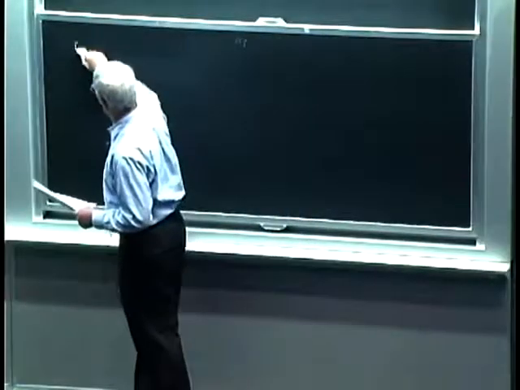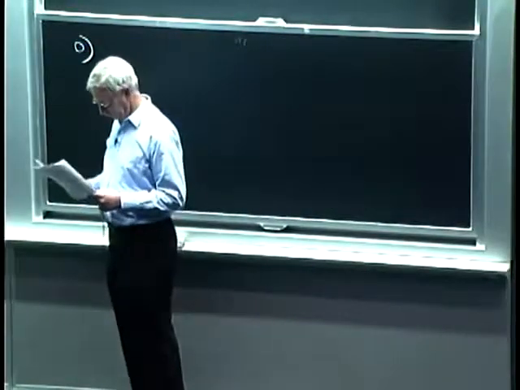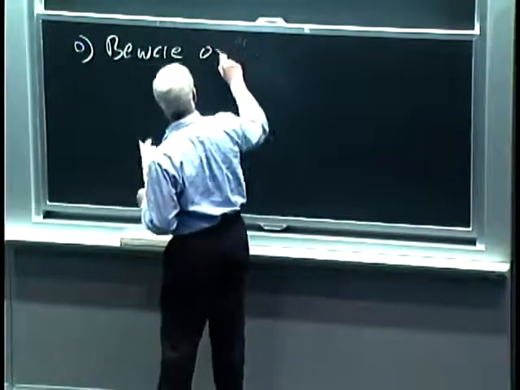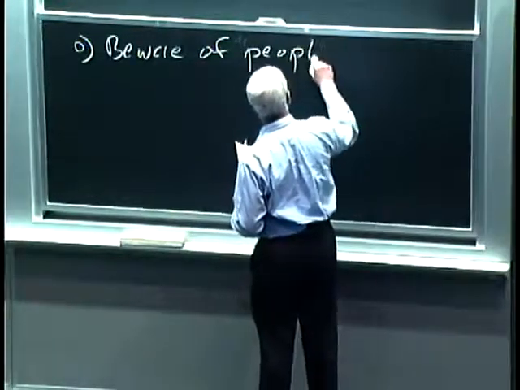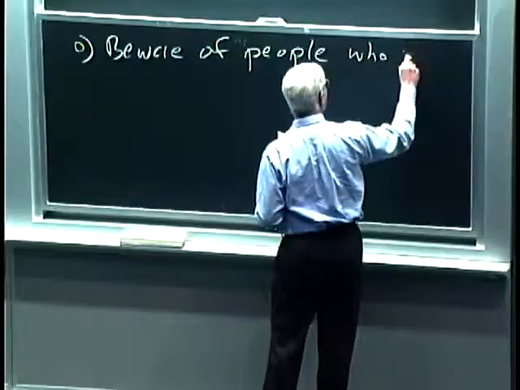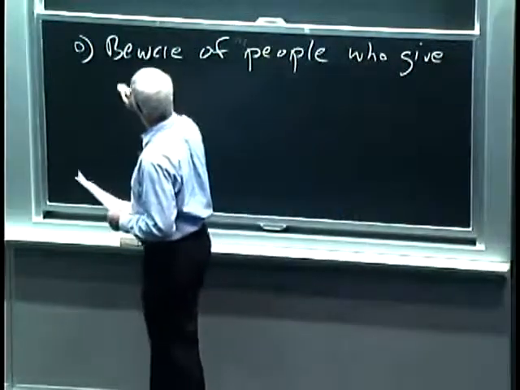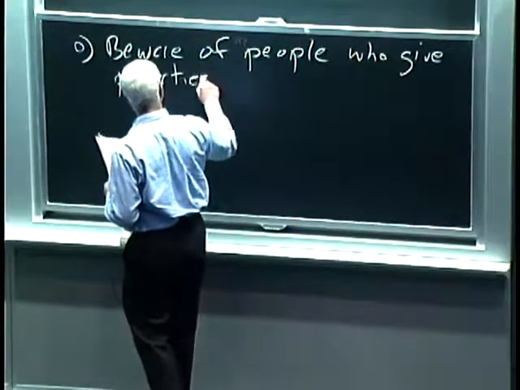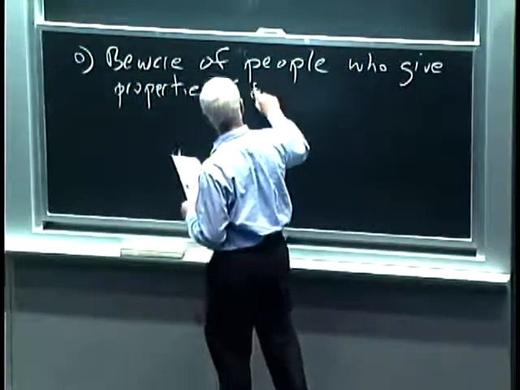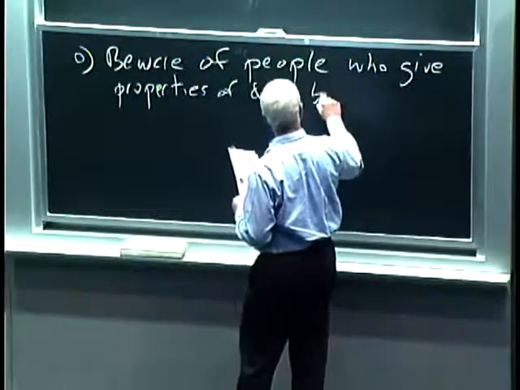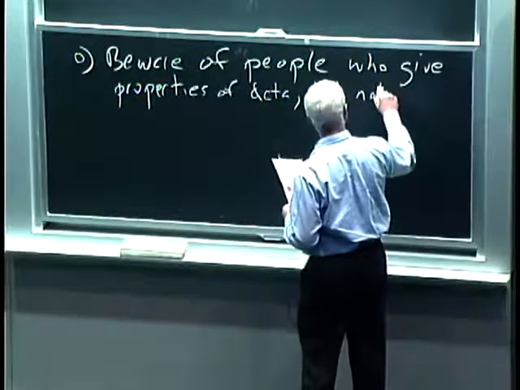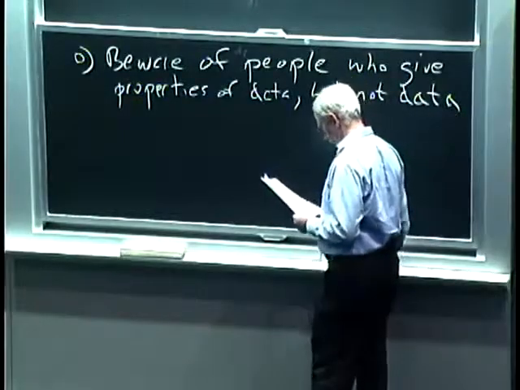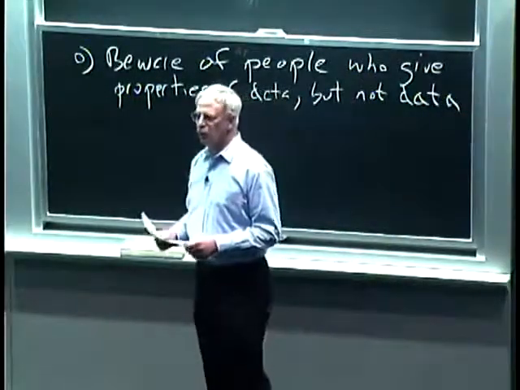So, point number 0, as in the most important, is beware of people who give you properties of data but not the data. We see that sort of thing all the time,